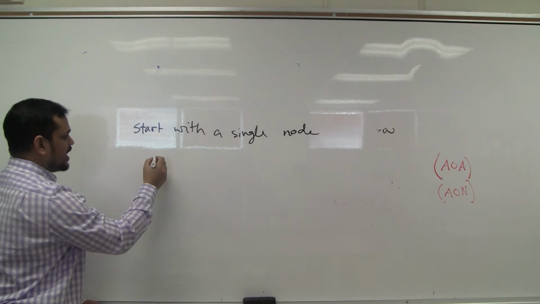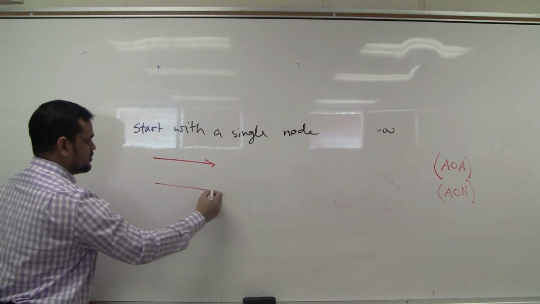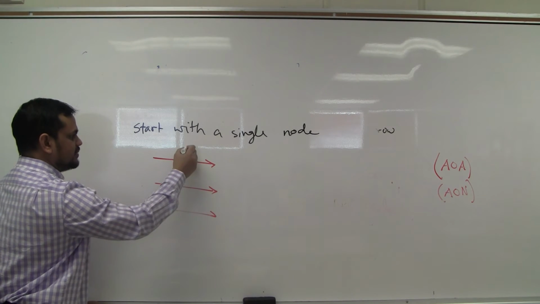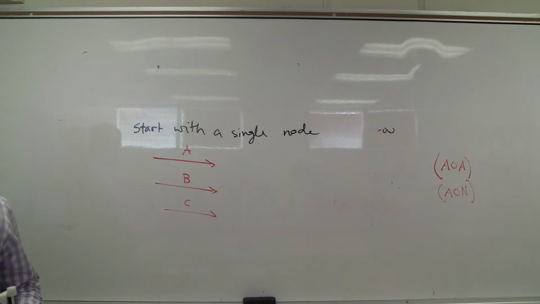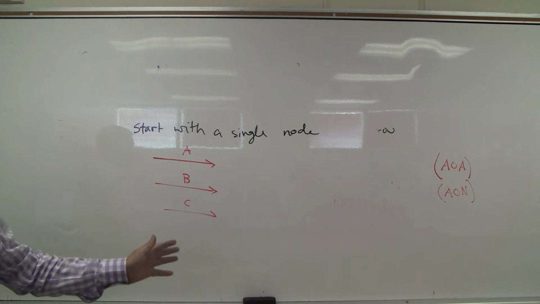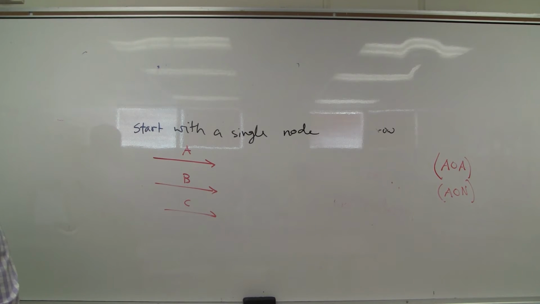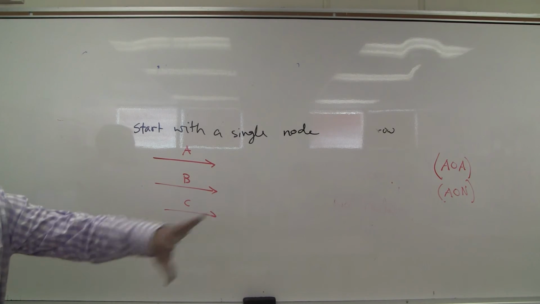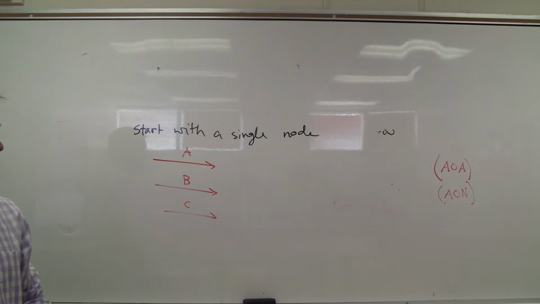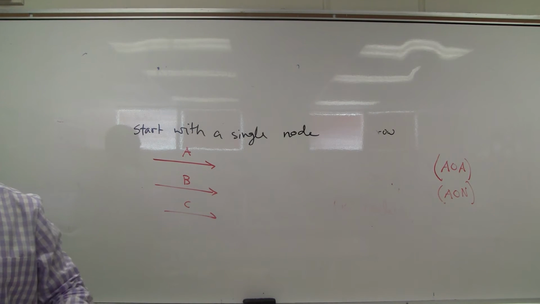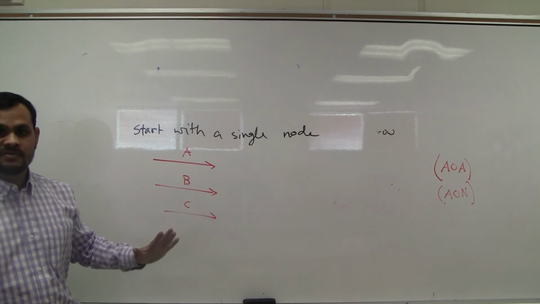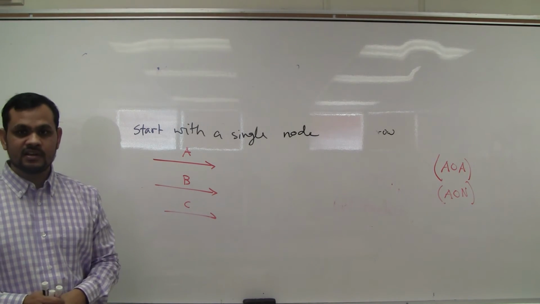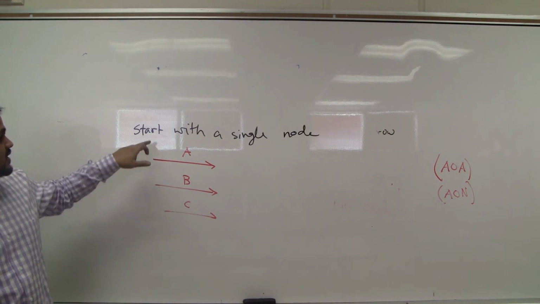Say in the arrow diagram, I have one activity here, another activity, a third activity. Say activities A, B, C. Three activities are starting at the same time at the beginning, on the first day. How is it possible? Say 2 laborers will clean, 2 laborers will bring material, and other 2 laborers will start excavating, at the same time. So 3 activities: cleaning, excavating, bringing material. Same time, first day, 3 activities are starting. But we cannot show it like this. We will start with a single node.